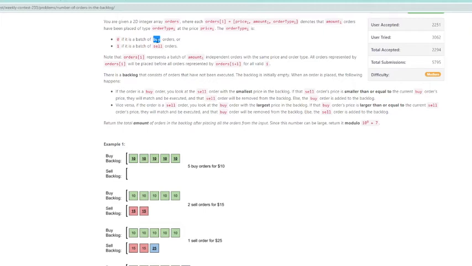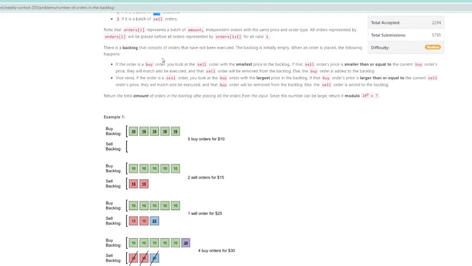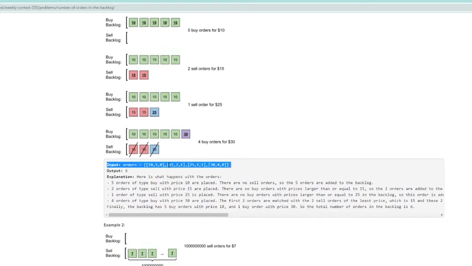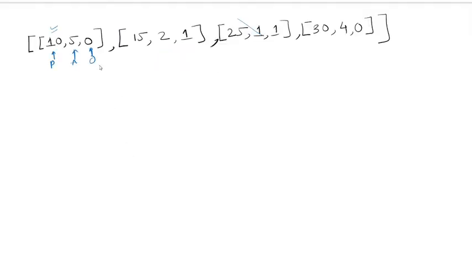This is how we need to do all these steps, and after doing all these steps we need to return the number of orders which were not placed, the unplaced orders. So let's understand this particular question, and after understanding we can jump to the code, right? So I have this question on a whiteboard. Let us go and see there, right?